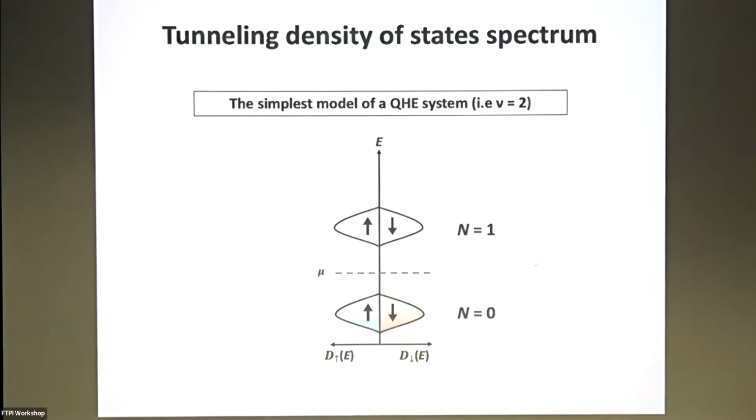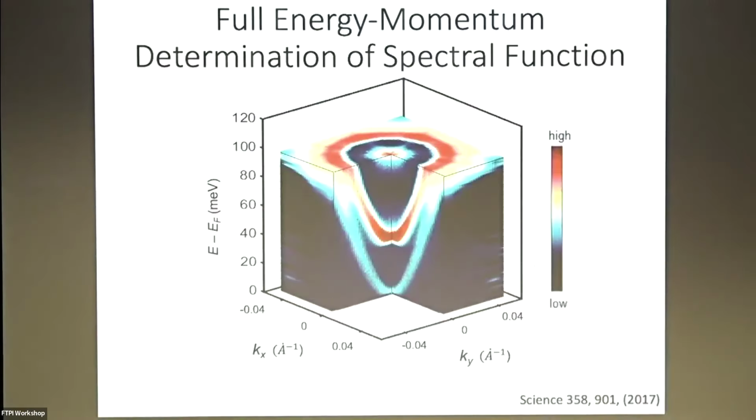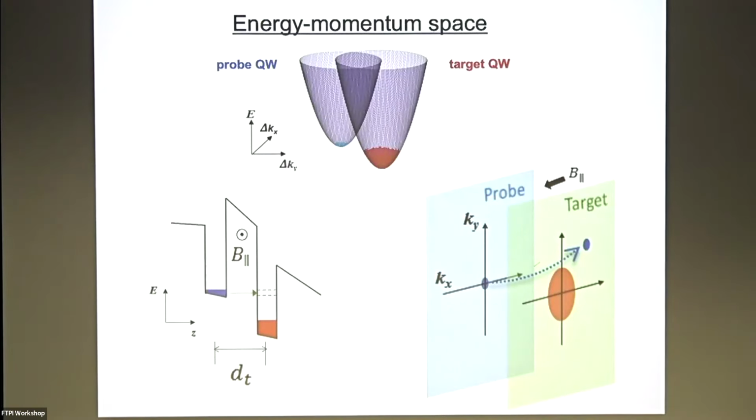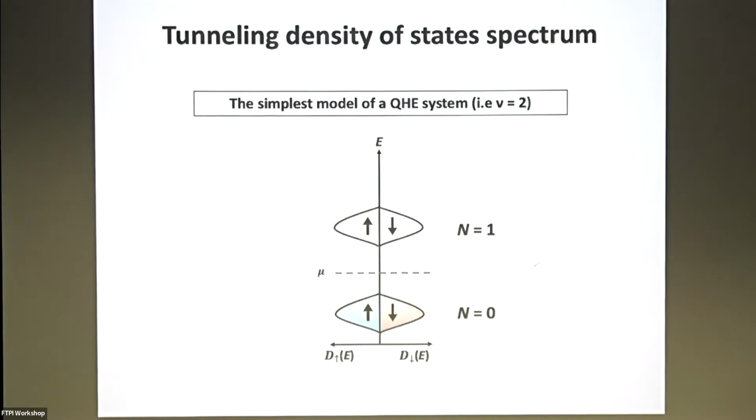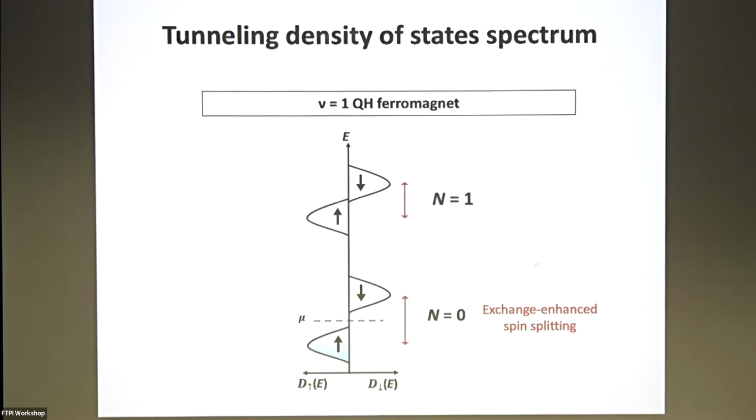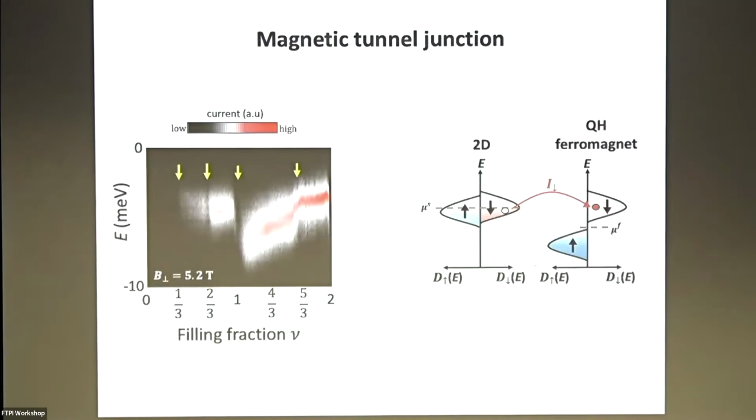All right, so then the next step we did was spin resolved tunneling. You control momentum simply with a parallel magnetic field applied this way. So we can steer that around and map out momentum. Then we had spin resolved tunneling. You can consider the filling factor 2, where we have equal numbers of spin up and spin down. If you're at filling factor 1, there's this big exchange splitting, and we can use that as a spin filter.